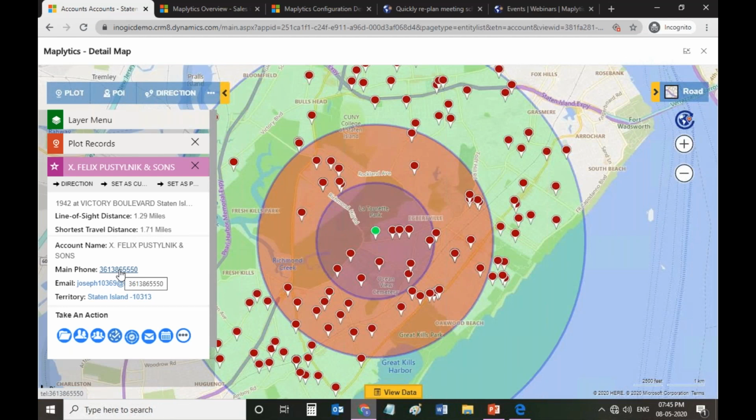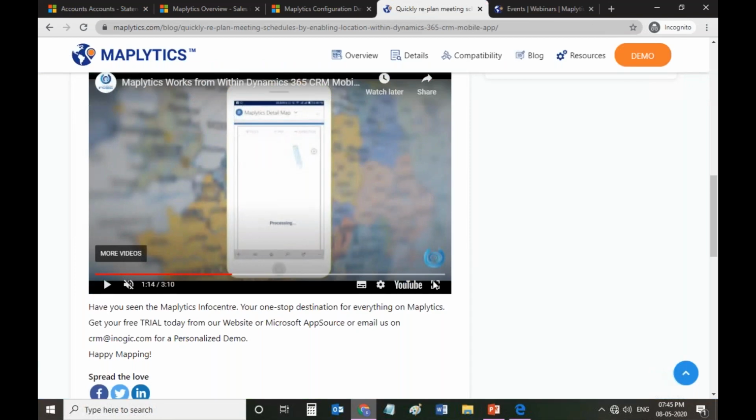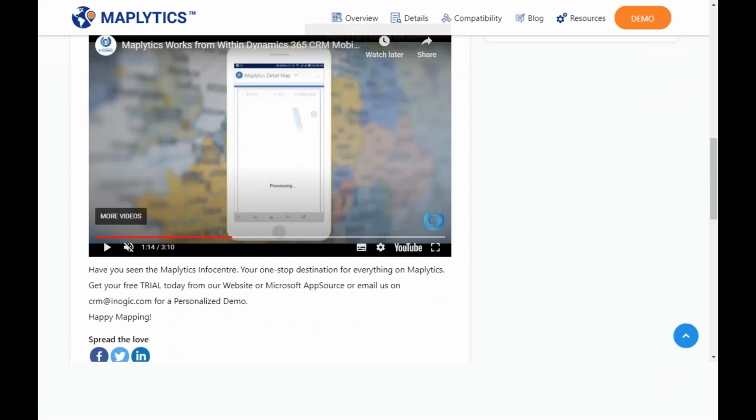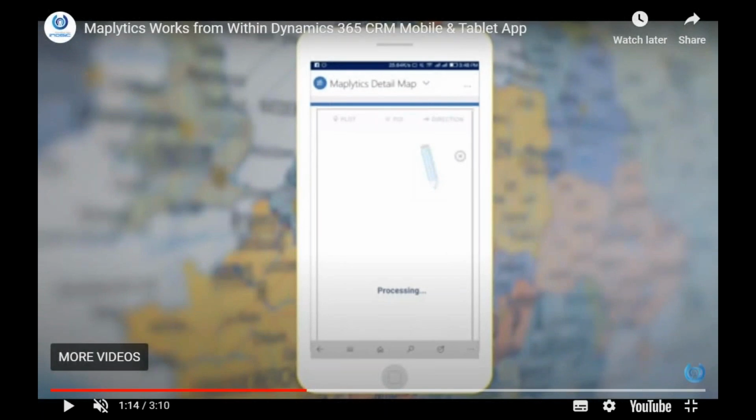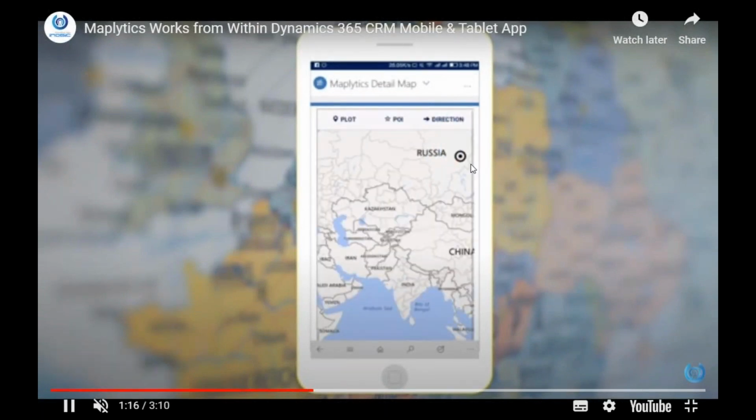You can click on this and call that person to see if he is available for a meeting or not. If he is available, you can choose the quick action button for creating appointments. Obviously, if people are on the field, they will be using devices like mobiles or tablets. Within mobiles and tablets, there's an additional button on the right-hand side called the locate me button. I have opened one of the blogs that I have written over here, so you can see the mobile screen, and this is the locate me button.